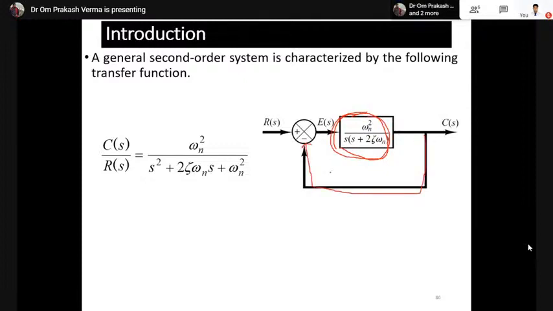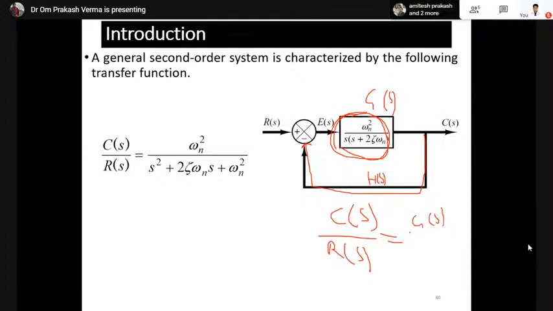Okay, as a feedback, unity. Then we have calculated the response, the transfer function C(s)/R(s). Suppose this is G(s), and let's say this is the H(s). The feedback is represented always in the control system, H(s), and this is G(s). So the transfer function for this type of feedback system is nothing but G(s) upon 1 plus G(s)H(s), right?